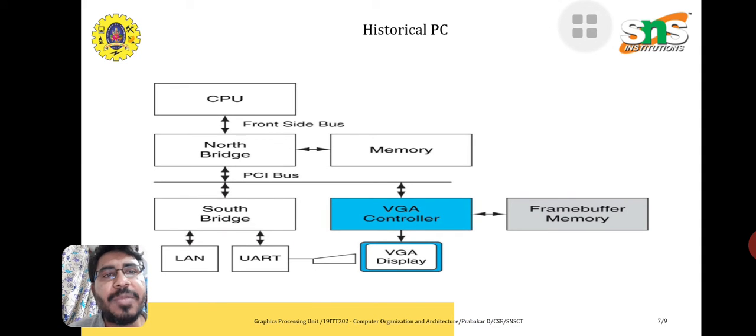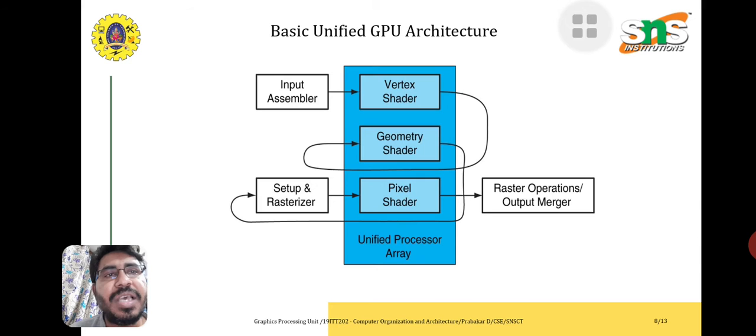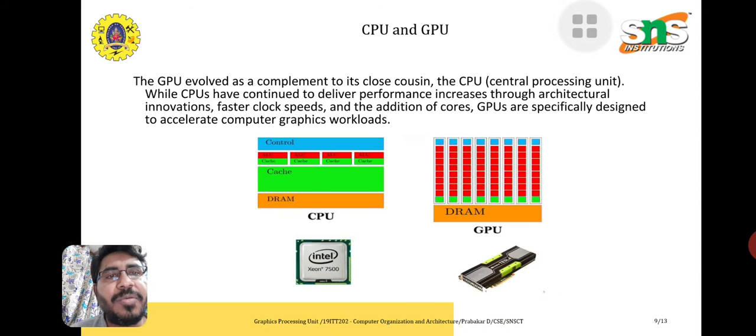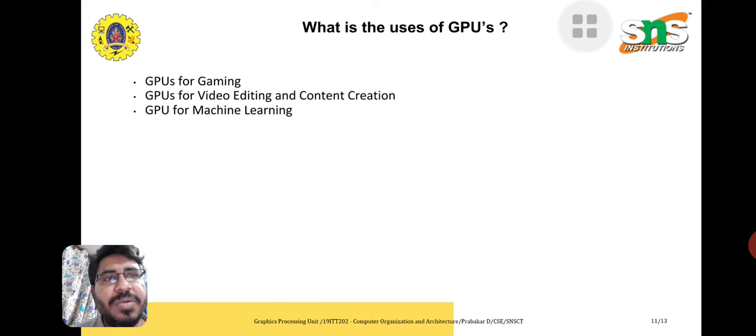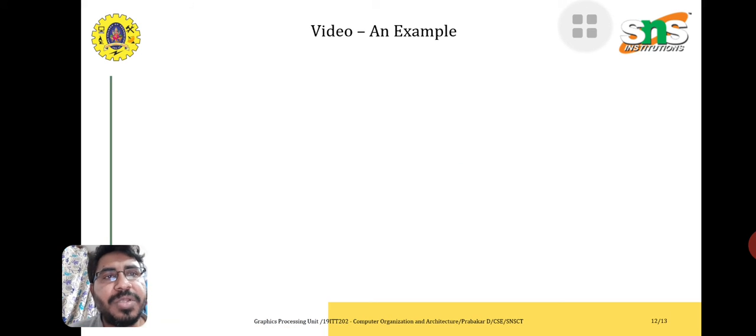This diagram illustrates that: without the graphics processing unit, how these systems work, and next, with the graphics processing unit, how the system works, and what the difference is between CPU and GPU. So, the graphics card. In this case study, we have illustrated with a video the importance of the graphics card. Okay, so this video we will play.